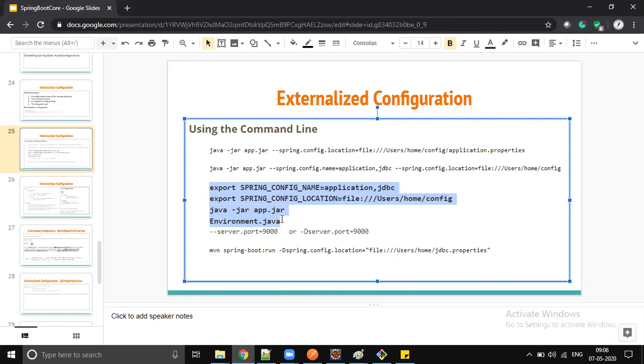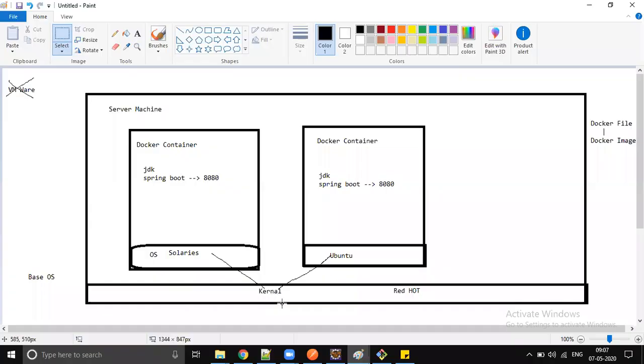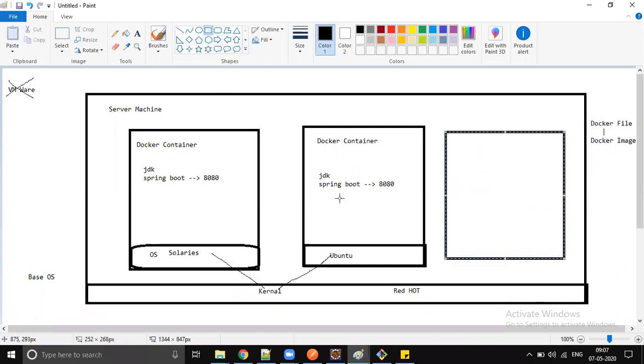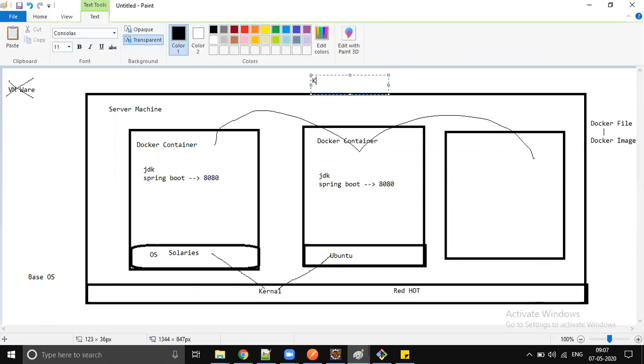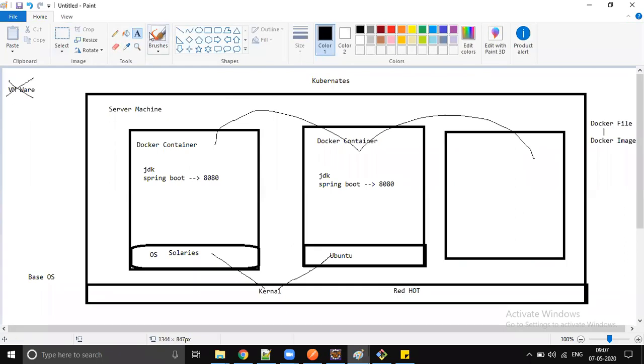Okay, and one more thing I want to show you. Let's go to the last example, right? We discussed when we can run multiple containers. So what is the problem when you are running multiple containers? We need something to take care of all these container health checks and manage these containers, right? So to manage these containers, we use Kubernetes. An alternative to Kubernetes is Docker Swarm, but Kubernetes is good. Docker Swarm is not that popular. So mostly we use Kubernetes to manage these containers.